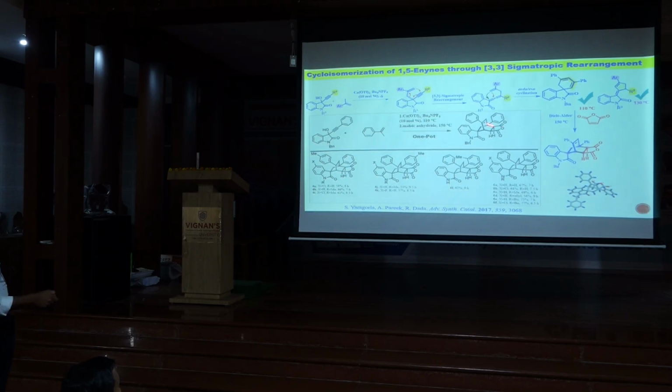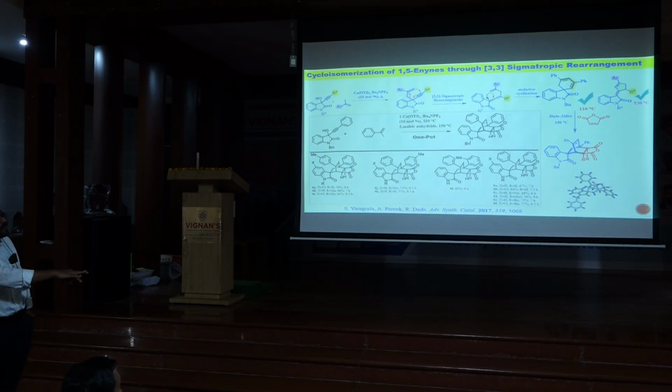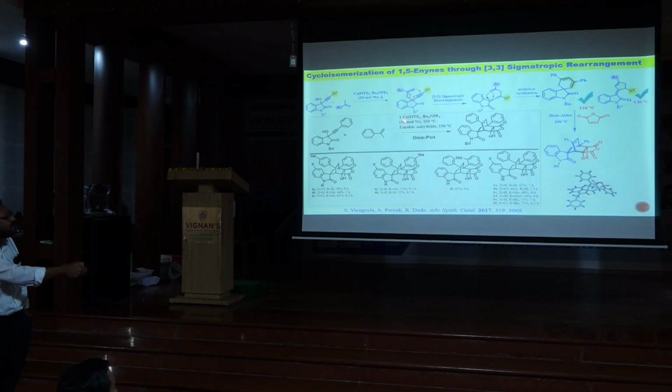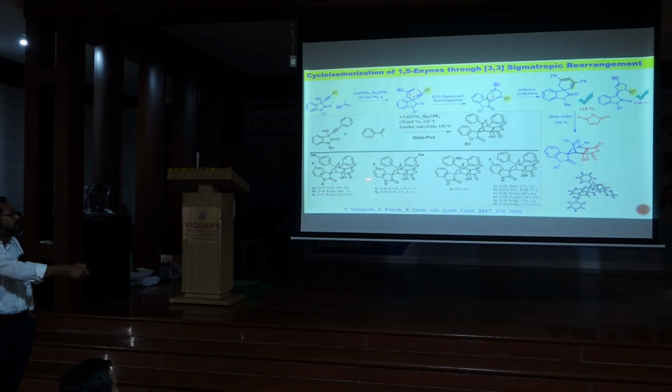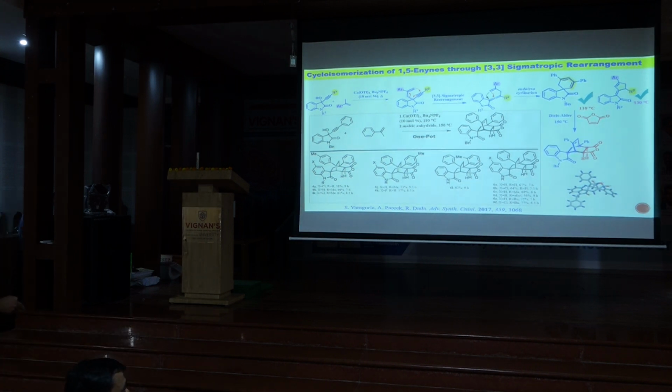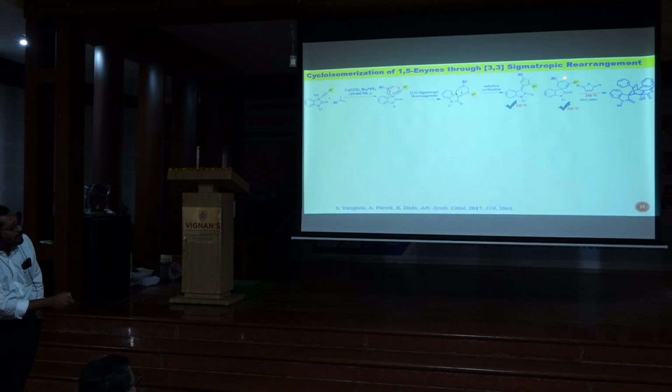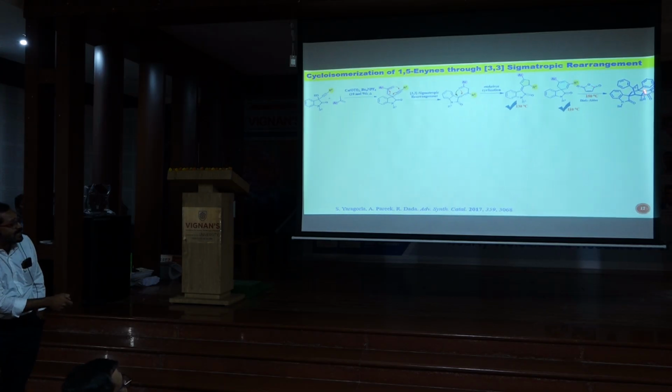And we have generalized this reaction. So you do the reaction at 70 degrees initially to get the 1,5-enyne, and then raise the temperature by adding maleic anhydride so that you can construct this kind of a scaffold. In addition, we were able to trap this hexadiene in the Diels-Alder reaction.